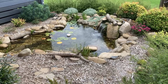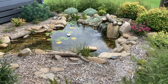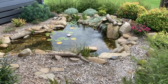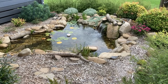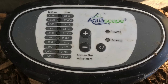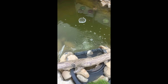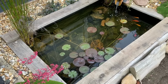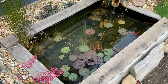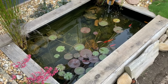To be honest, I'm not sure where I stand on this. Every pond is so different, even for me, in my yard. If we take this pond for example, it's an aquascape pond kit and came with an auto-dosing system which drip feeds beneficial bacteria into the pond. The pond still went green. When I built this pond, it also went green. I added bacteria sachets to no effect, but as soon as I added a bog filter, the water went clear